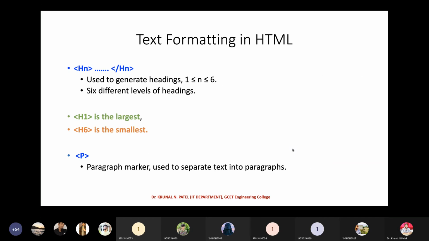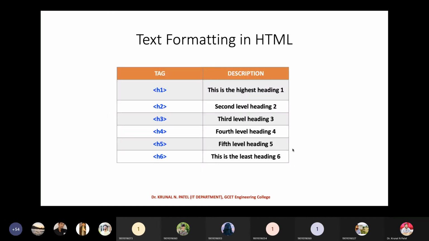Now after that, we have the text formatting tags. In our laboratory session we have already discussed the text formatting tags, so we are not going to discuss them again, but here we have H1 to H6. Then we have the paragraph tag. These are the levels.